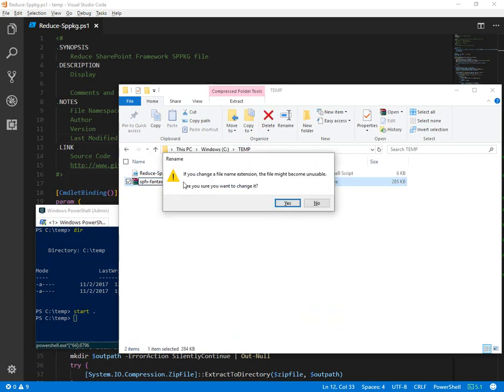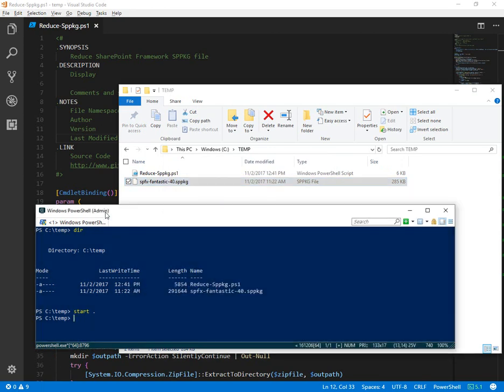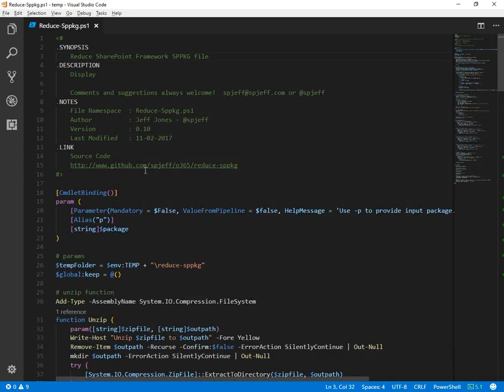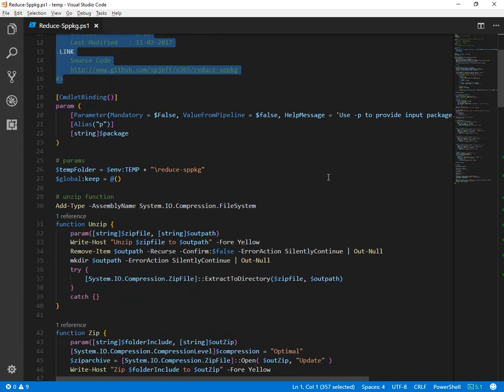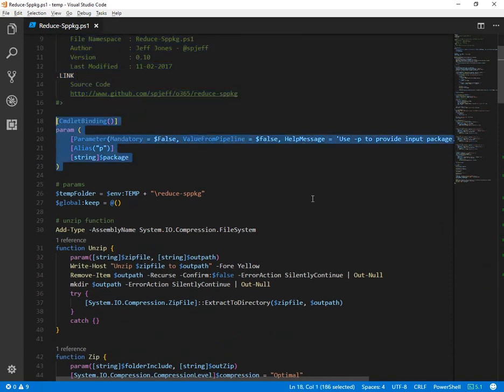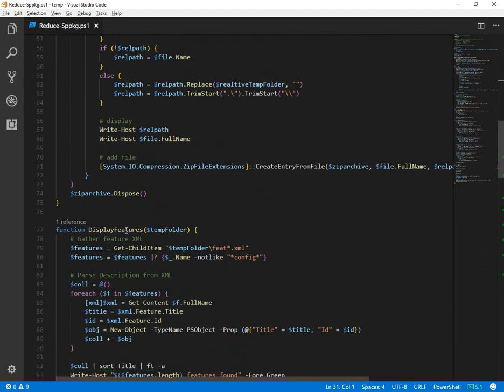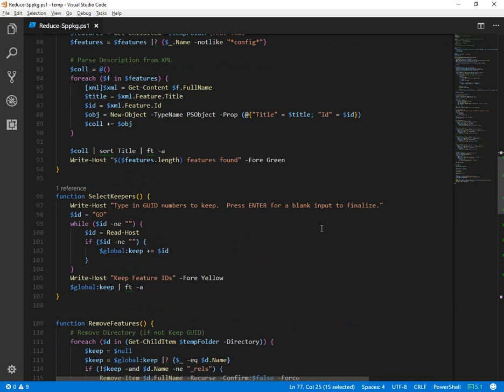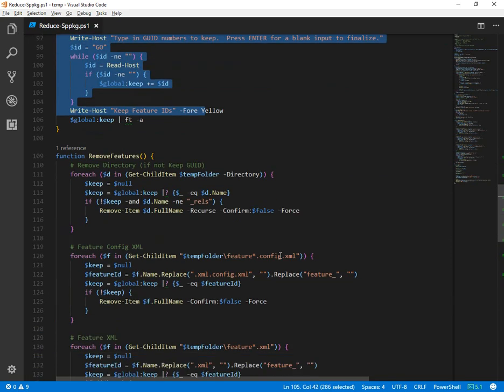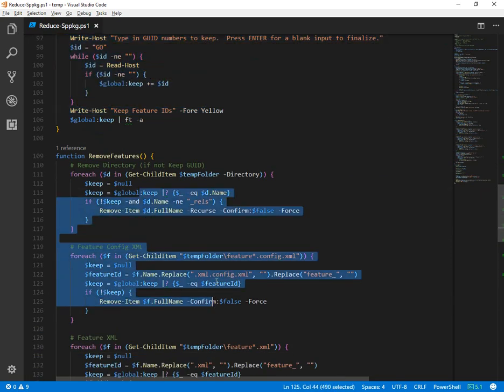So I've created a PowerShell script to help perform that work. Over here we can look at the PowerShell script. We have a little header. We have a parameter for the input package. And then we're using the system IO compression namespace for zip and unzip functions. From there we display the features to the user, allow them to input GUID numbers, and then do some various